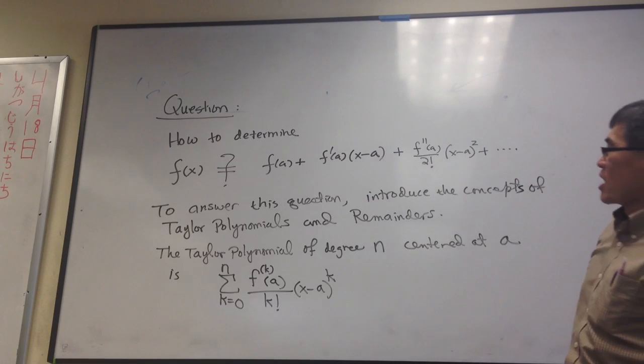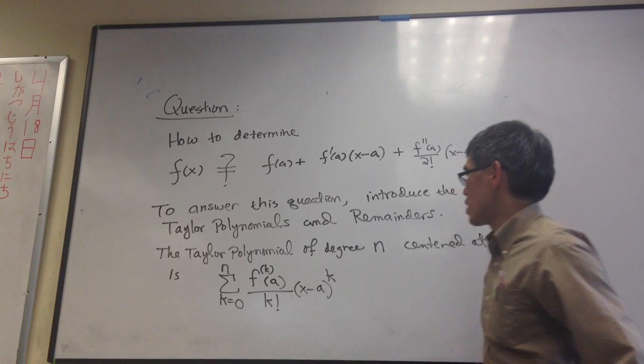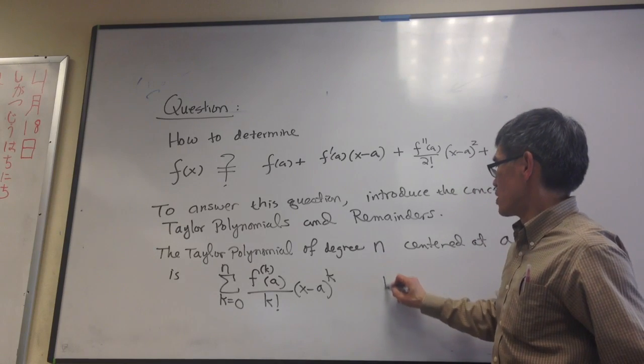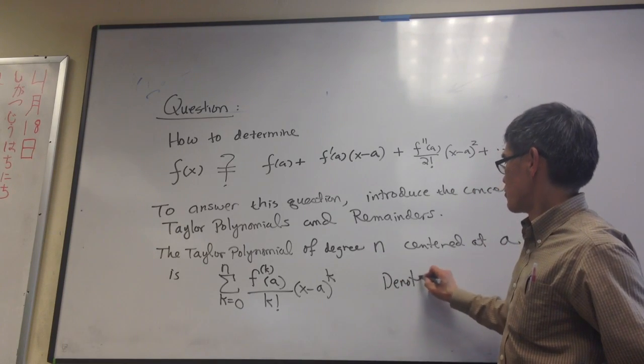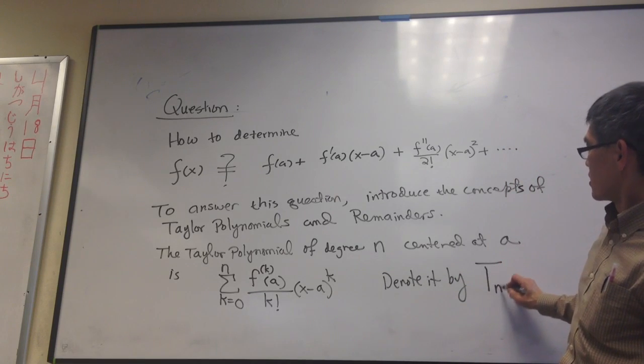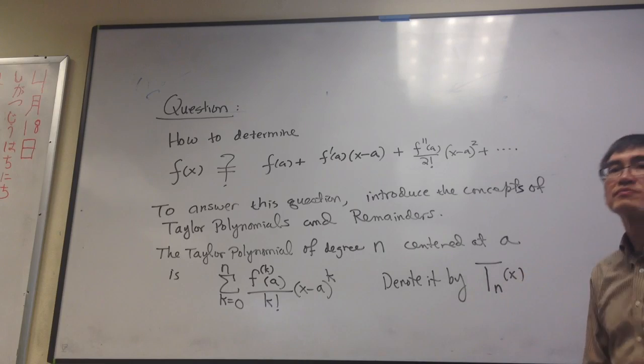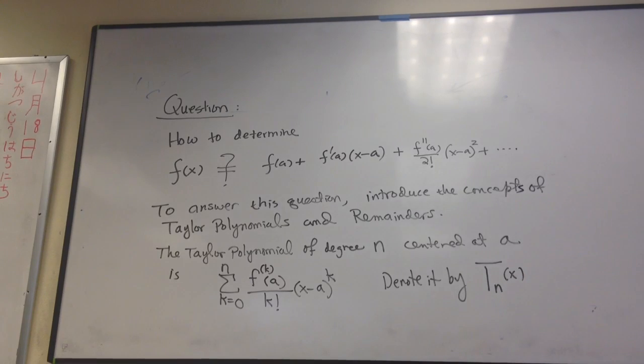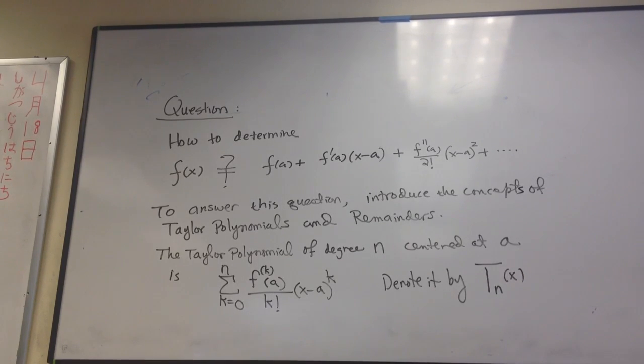Okay. And it is denoted by Tn of x. Okay. Then we further define the second concept, which is a remainder. So if you have a Tn,